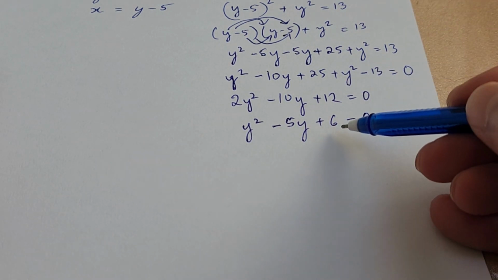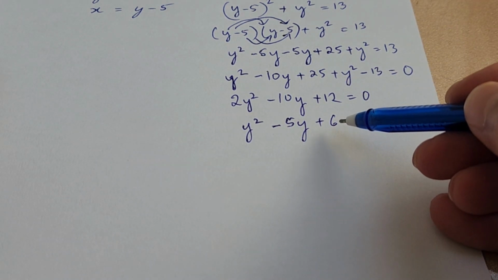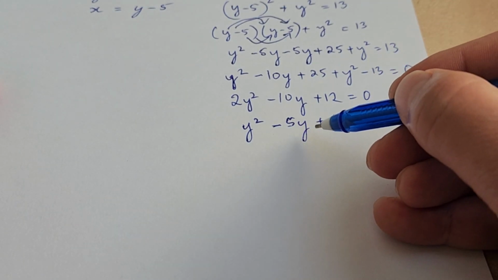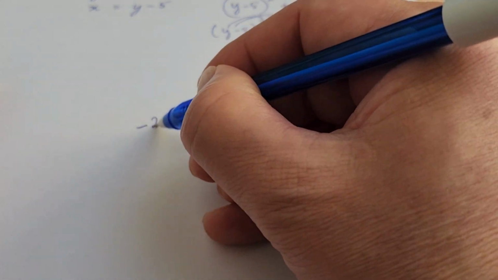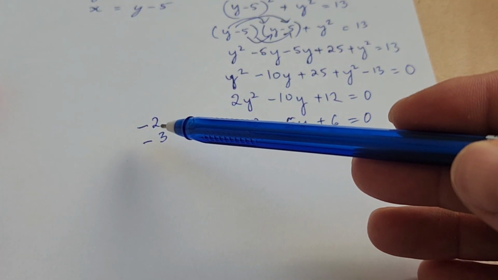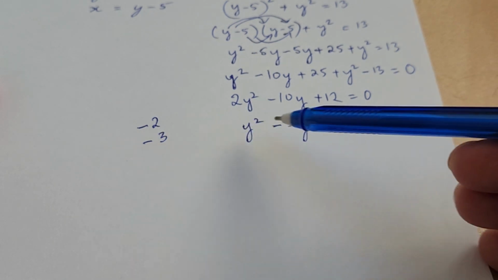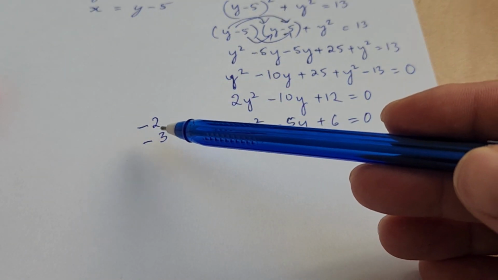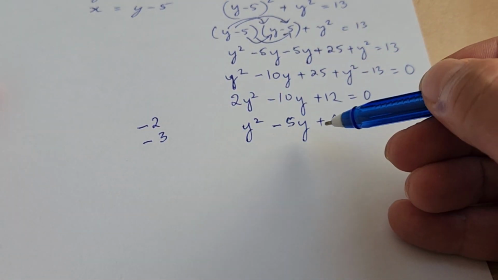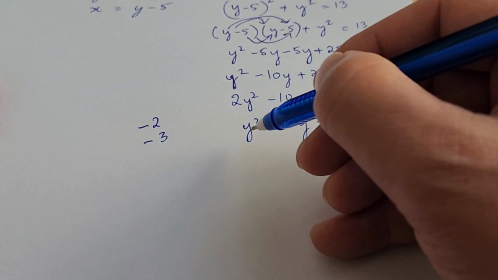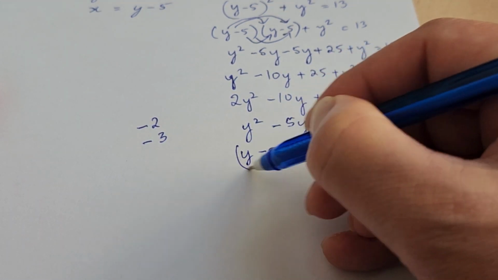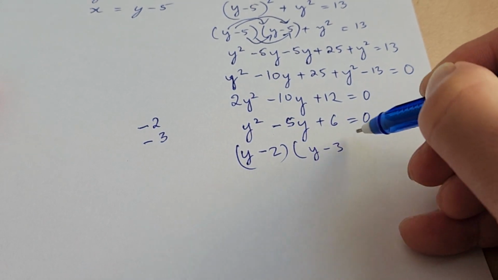Two numbers that multiply to give 6, and the same two numbers, when we add, we get minus 5. And those two numbers are minus 2 and minus 3, because minus 2 plus minus 3 will give you minus 5, and minus 2 times minus 3 will give you positive 6. So once we know these two numbers, you can immediately factorize this like y minus 2 times y minus 3